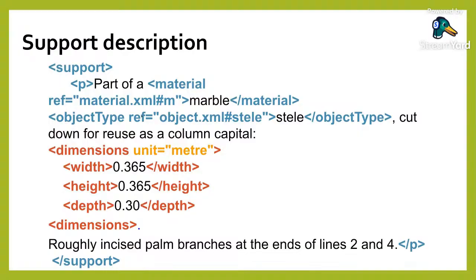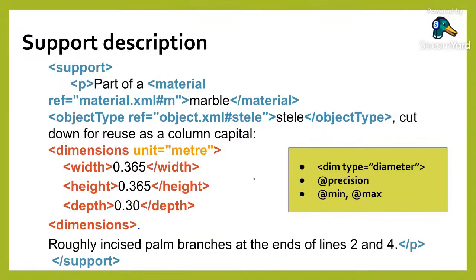We could add information about the dimensions of this object, and there are several ways to do that. We could have this as nested elements. First indicate that we'll be talking about dimensions and then give the different dimensions individually. Or if we have different kinds of dimensions that appear on our object, for example, if we have a column, we might be interested in its diameter, in which case there are existing elements that can be used for that. We could also be interested in the precision of these measurements, in case this is something relevant for our research,